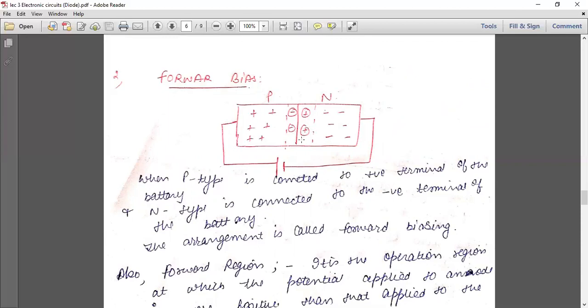So with the increase in voltage, the depletion region decreases in forward biasing, due to which a time will come when this depletion region will become negligible and these electrons will pass through and get attracted towards the positive terminal, due to which the flow of electrons will start. Okay, so we get proper conduction in the case of forward biasing.